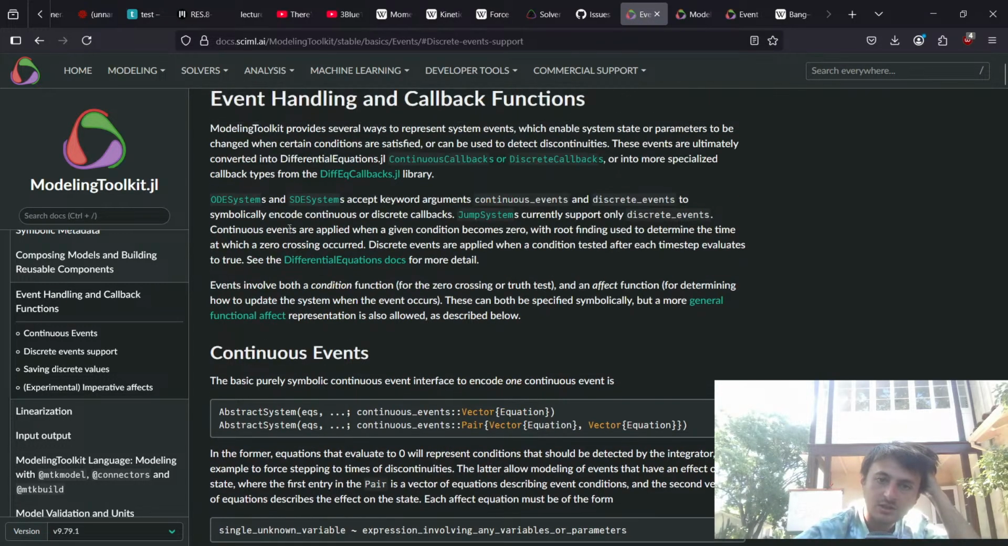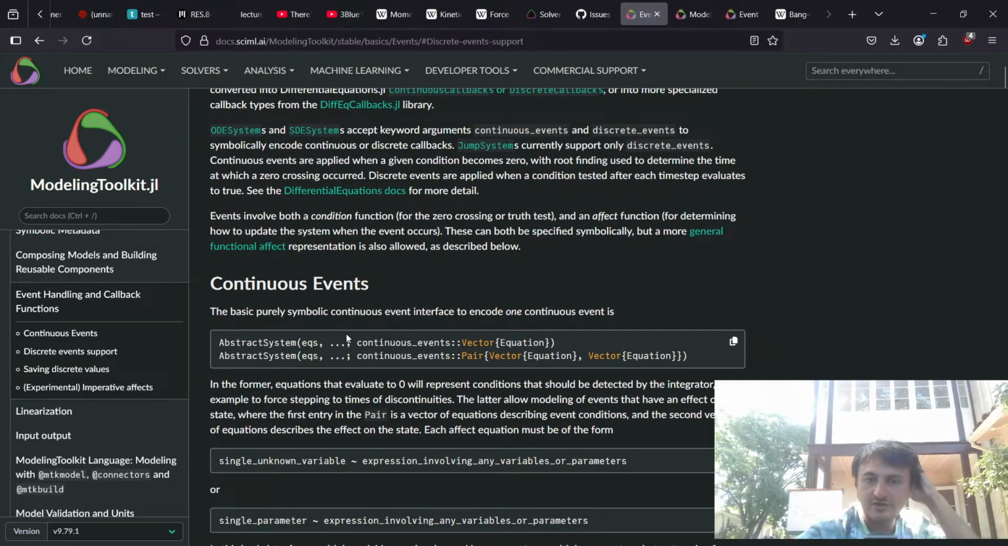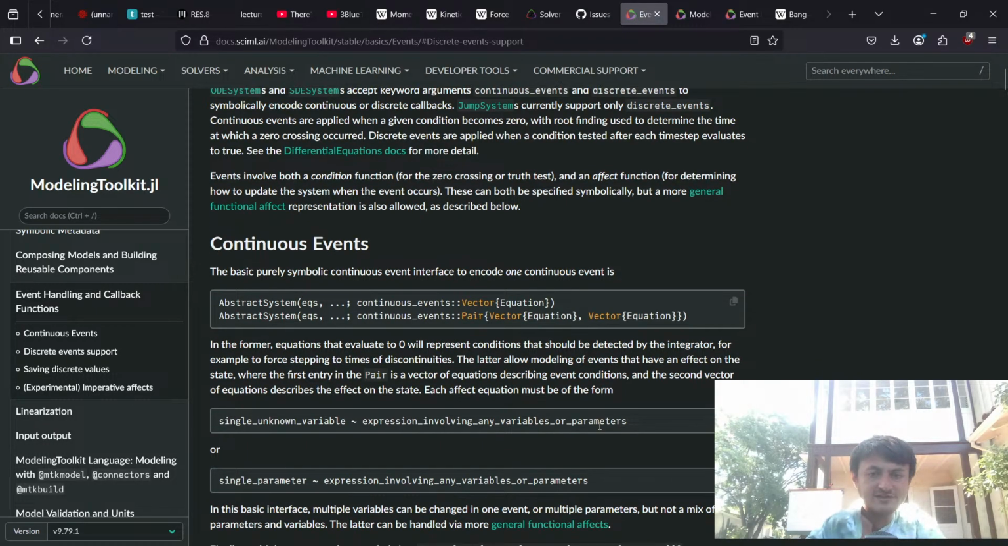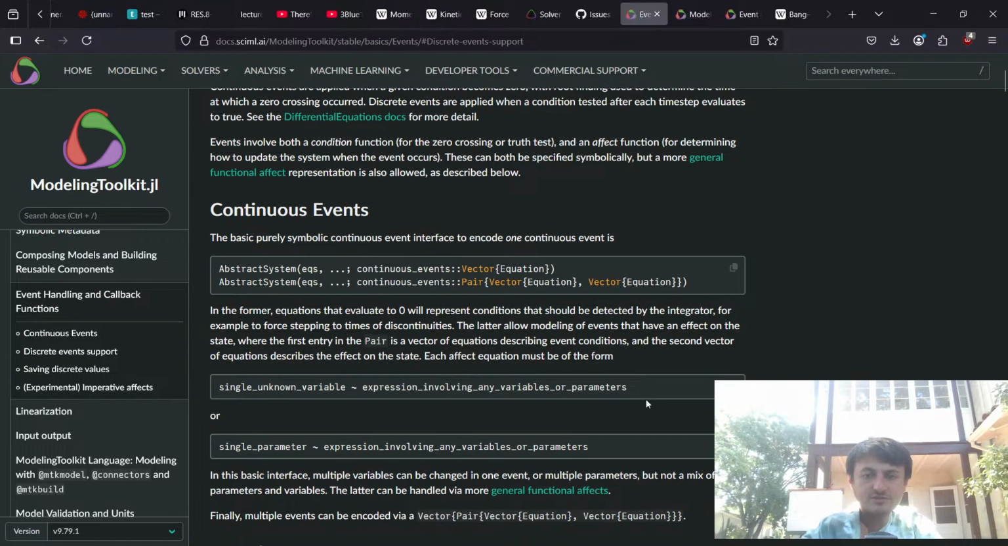In the former, equations that evaluate to 0 will represent conditions that should be detected by the integrator, for example, to force stepping to times of discontinuities. The latter allow modeling of events that have an effect on the state, where the first entry in the pair is a vector of equations describing event conditions, and the second vector of equations specifies the effect on the state. Each effect equation must be of the form